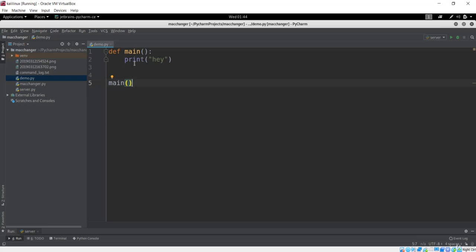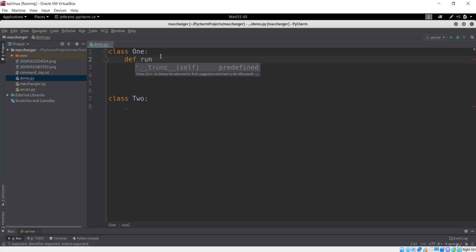But let's say you have multiple functions to execute. So instead of functions, let me go over here and create a whole class. Let's say I have a class, and this is class one, and we have another class, and that will be class two. Let's go over here and define some functions. First of all, I'll say run is the method, and here what I'm going to do is print.